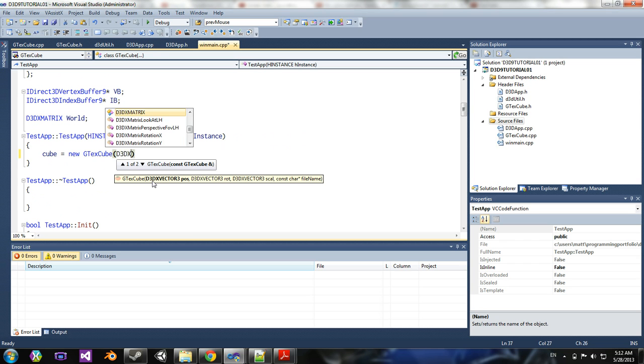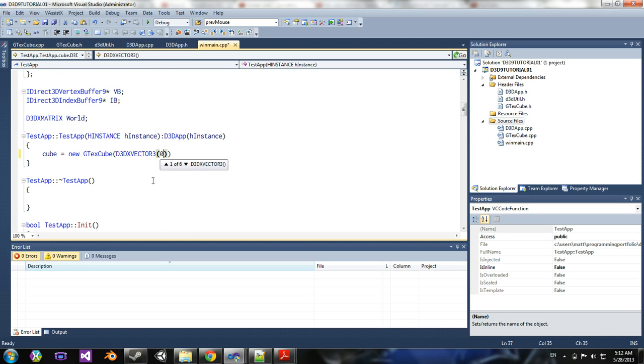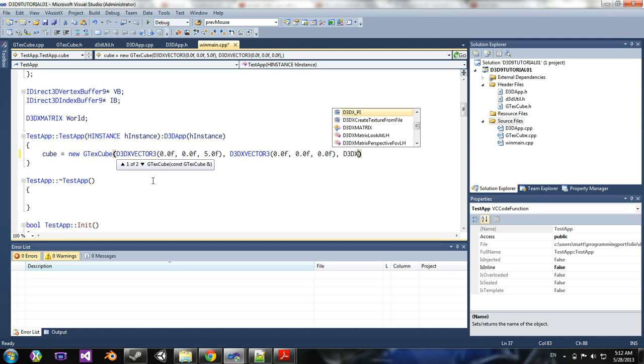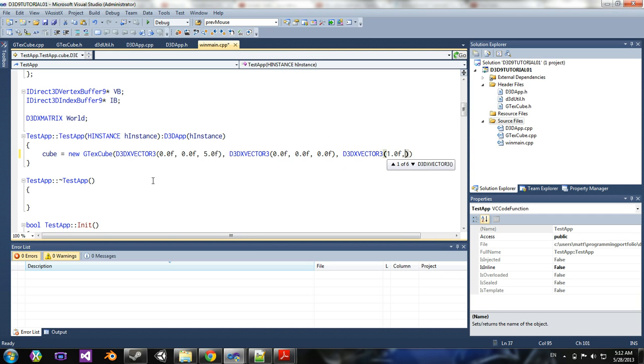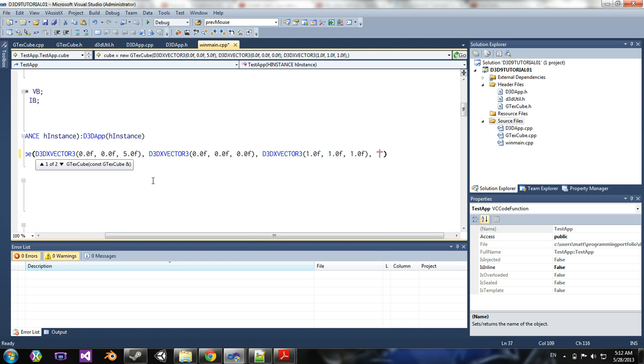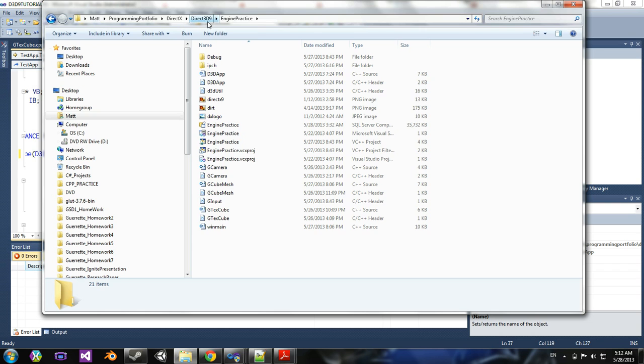This takes a D3DXVECTOR3 position, so we're going to position this at 5 units into the world. I'm going to position it with zero rotation for everything, and for its scale, I'm just going to have it scaled uniformly. And for the texture I'm going to call it dirt.png,